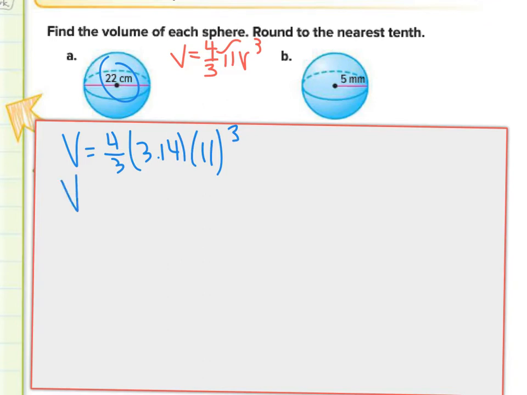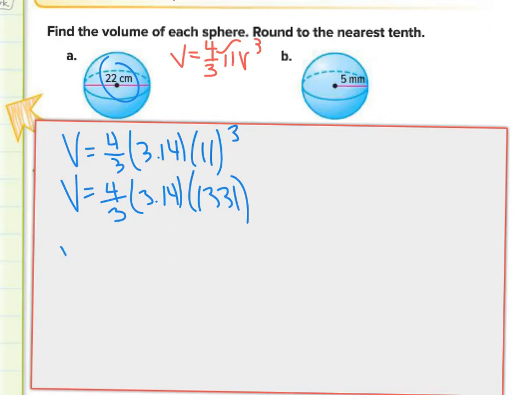Now volume equals 4/3 times 3.14, and we have to solve for our exponent according to order of operations, and 11 cubed is 1,331. Now we multiply that times 3.14 times 1.333 bar notation,